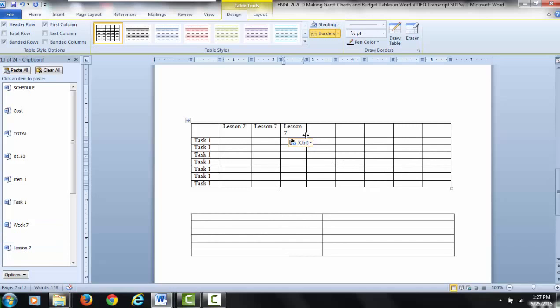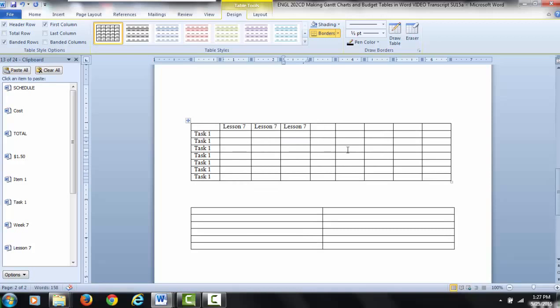You get the idea. Okay. And we can resize this and do all kinds of things that way. The same thing applies to the budget chart. We can go in here and basically